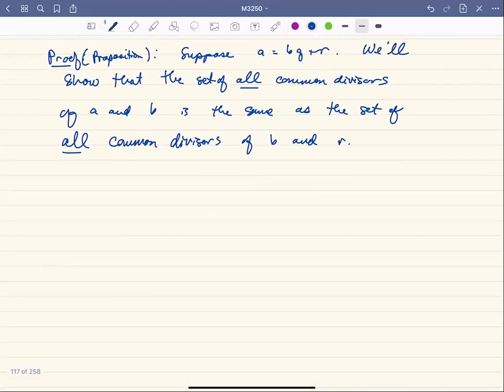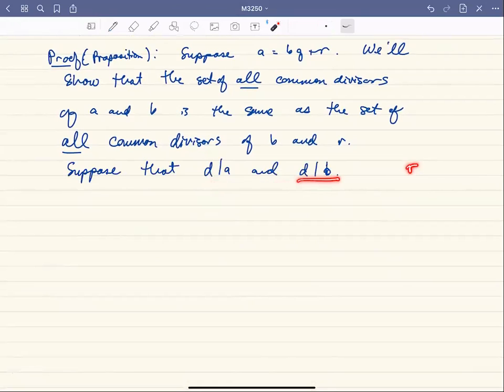So what we're going to do is first suppose that d divides a and d divides b. And what we need to do is show that d divides r, because then we would take a common divisor of a and b and turn it into a common divisor of b and r. So we want to show